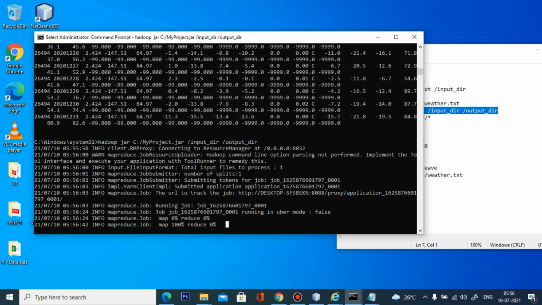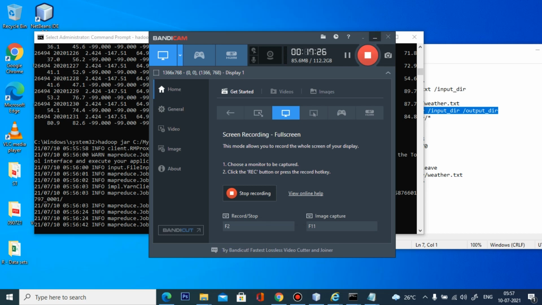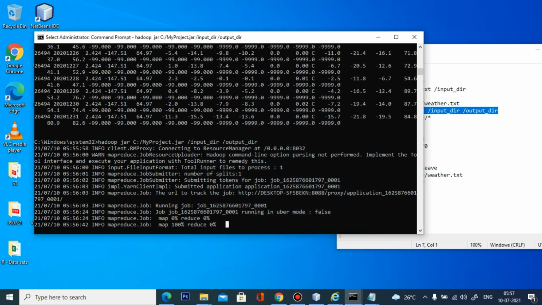Okay, so it is initiating. Map finished 100% and the reduce is starting.